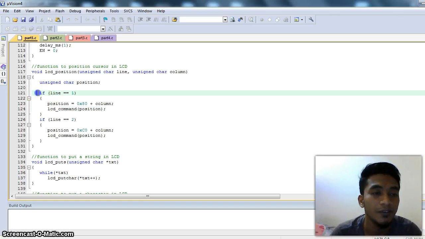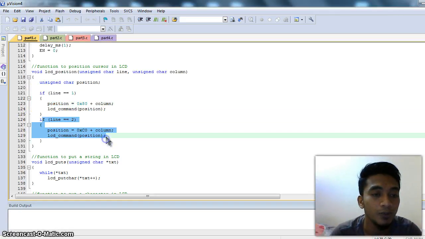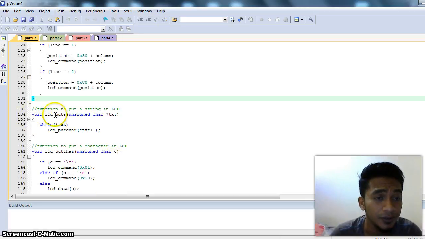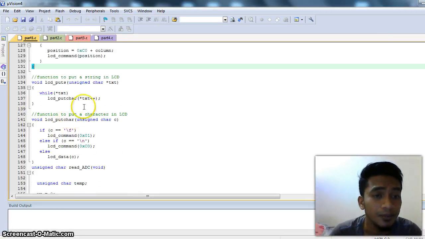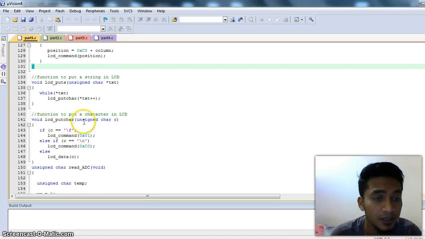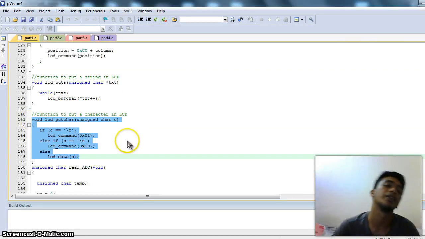This is for line 1, where we set the position for line 1, and this is for line 2, where we set the position. And this is the put function, which puts the character we want to put.